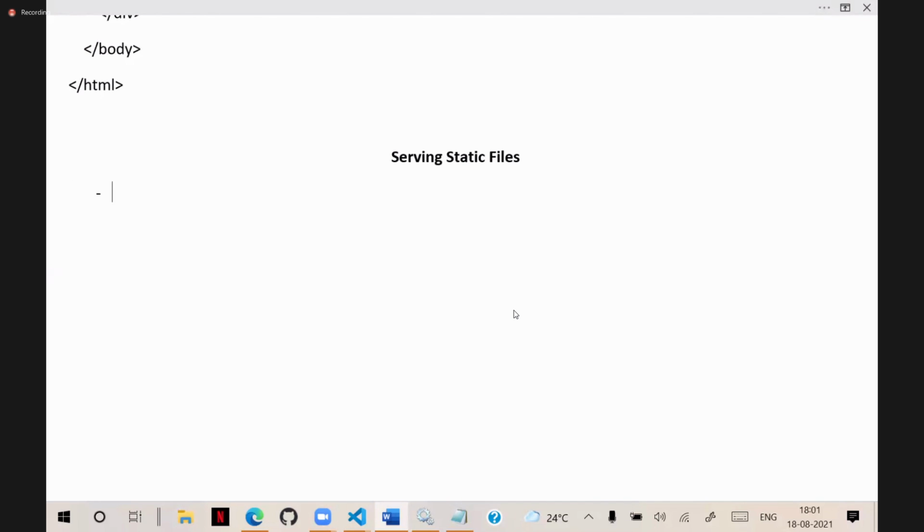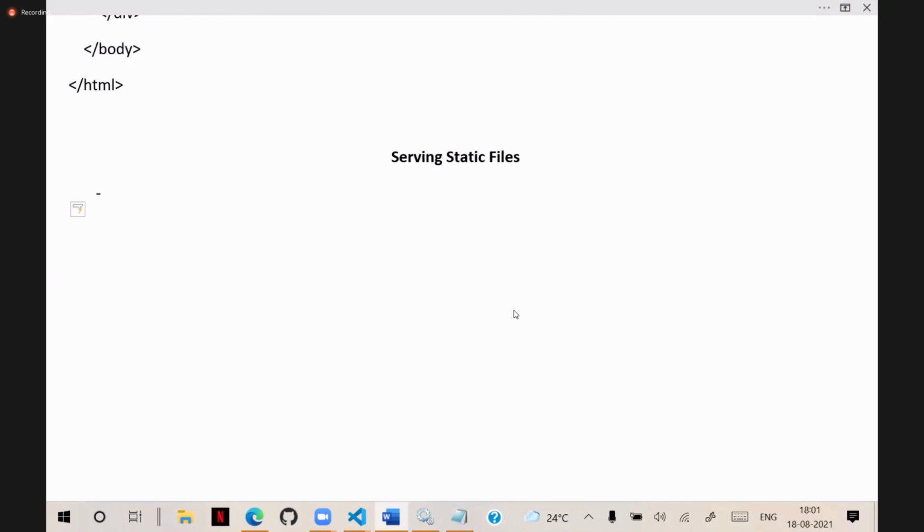Serving static files is nothing but this: generally, when a user makes a request for any website, the index page should come directly. Automatically it should launch that page, and from there we can handle the operations.